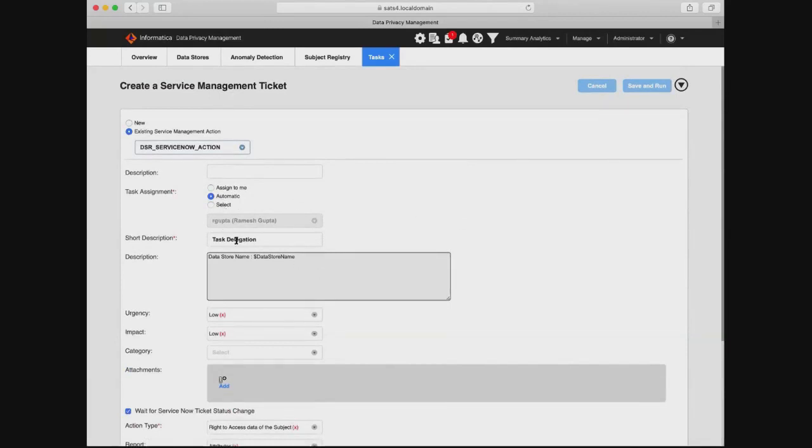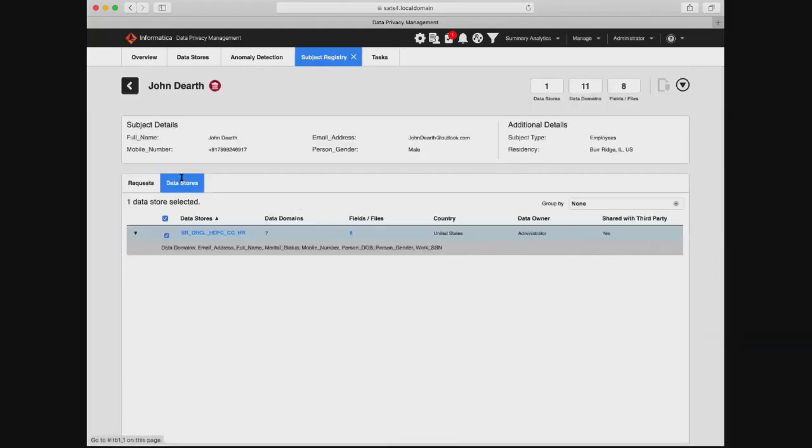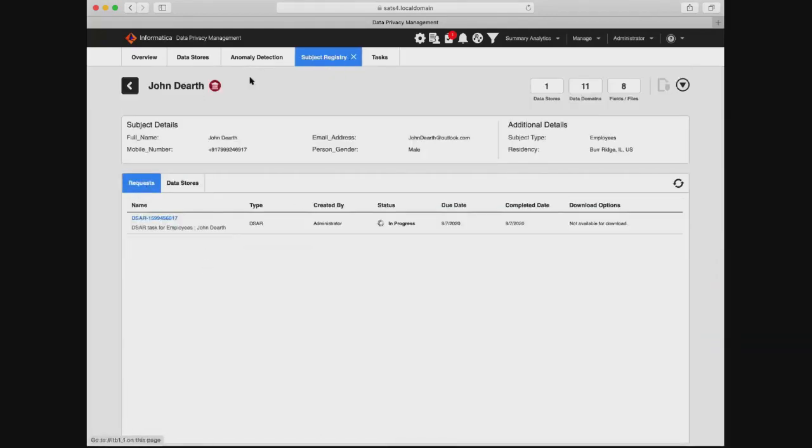I have selected automatic here because I assume that the service management system that is handling this task will know how to assign it, and then the action will be taken. I go back to my subject registry, go back to my request, and see if the DSAR action has happened. It is still not happening, so